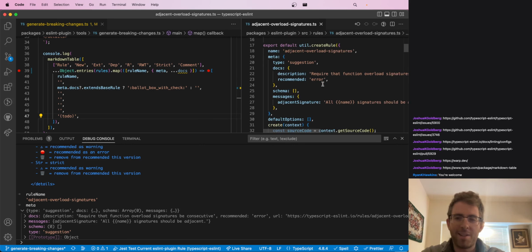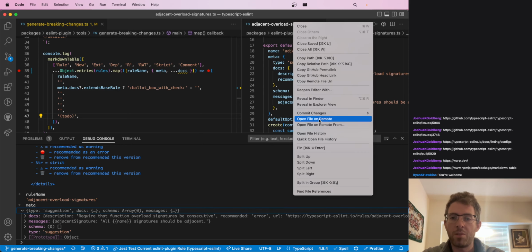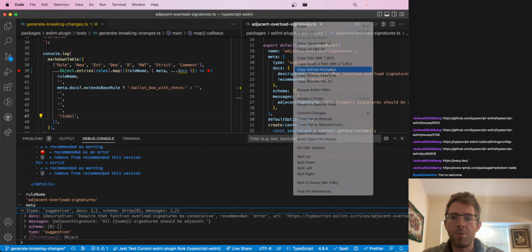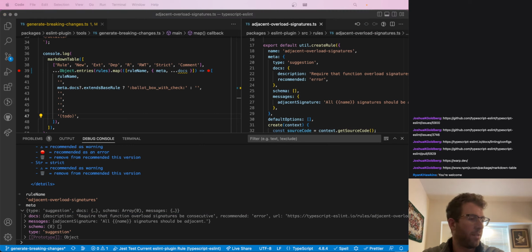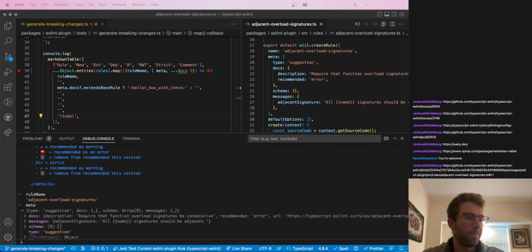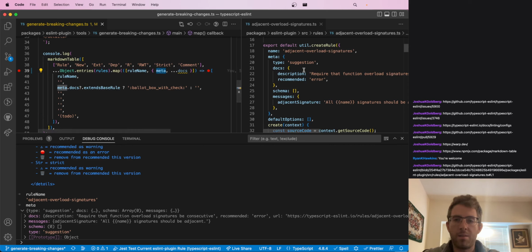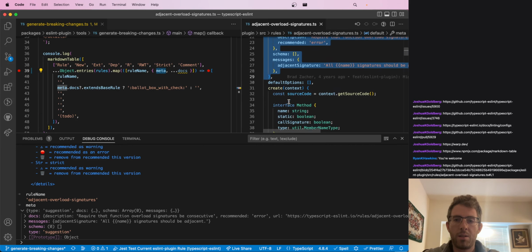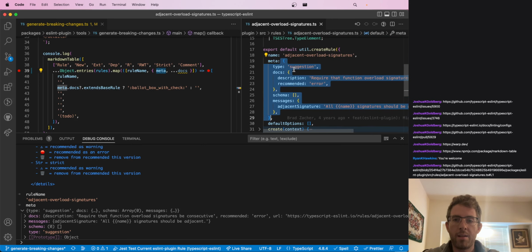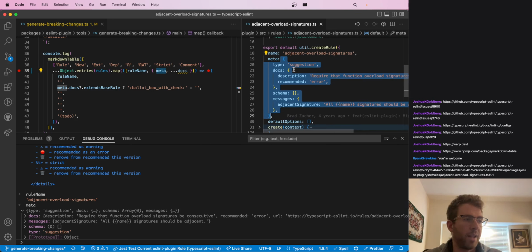If you're ever curious about the contents of a rule, you can always go to our repo and look up the rule name. Adjacent overload signatures, for example. Where's the copy GitHub permanent link? I'm just going to paste that in the chat as a reference. There we go. Yeah. So this meta here that I'm seeing is directly this object here. Oh, and you know what? I think I'm not even going to look at the rule's contents. I'm just looking at their metadata. Here we go. So meta,